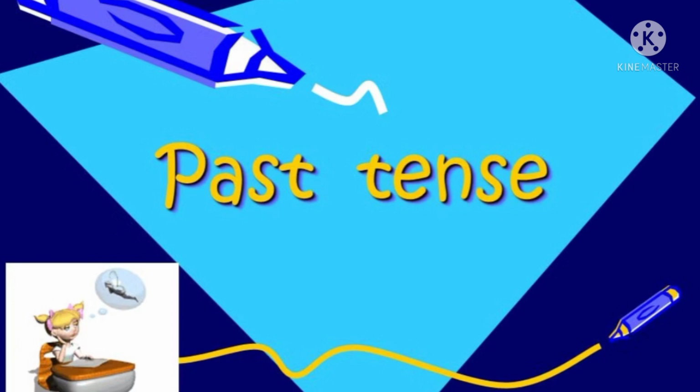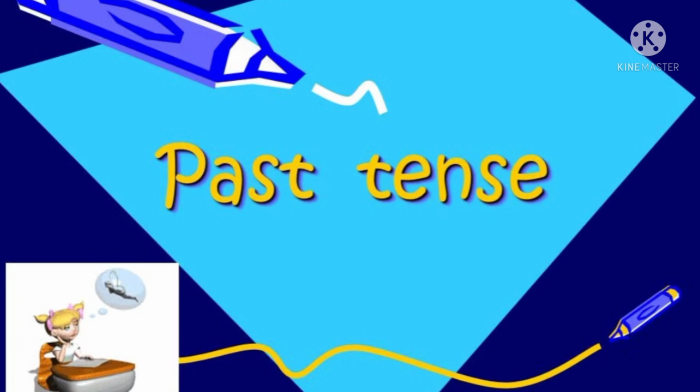Let's learn the lesson verbs expressing the past. How do we decide whether a sentence belongs to present tense, past tense, or future tense? I think you understood it by depending on the forms of the verb. According to the time, for example, if I say she comes, that is present tense. She came, that is past tense. She will come, that is future tense. Depending on the time used in a sentence, we decide whether the sentence is in present tense, past tense, or future tense.